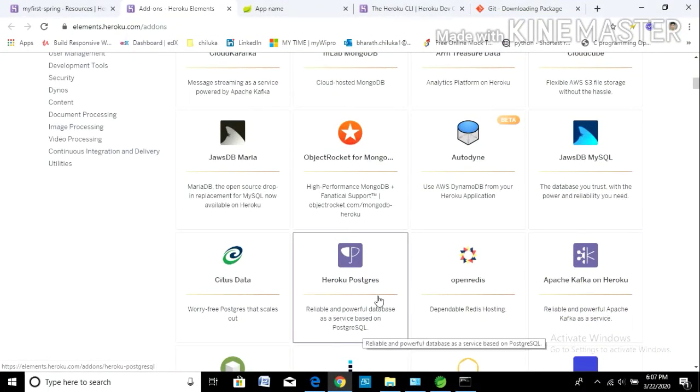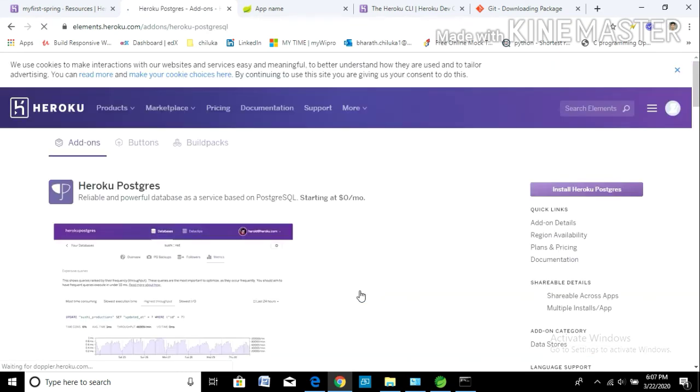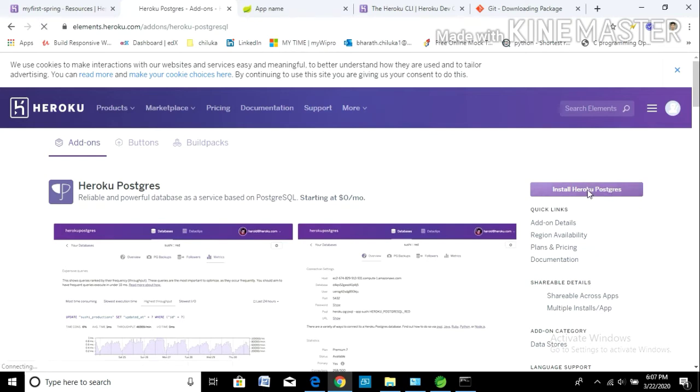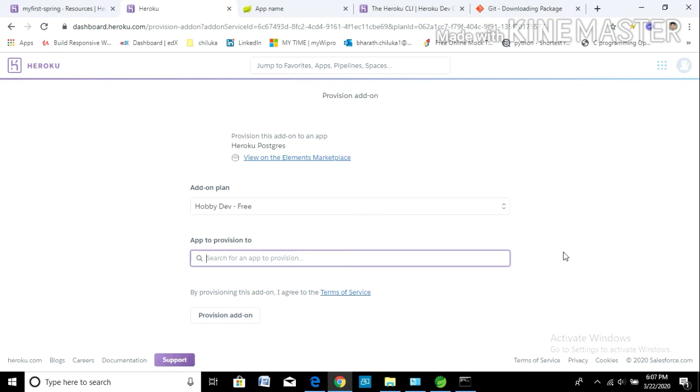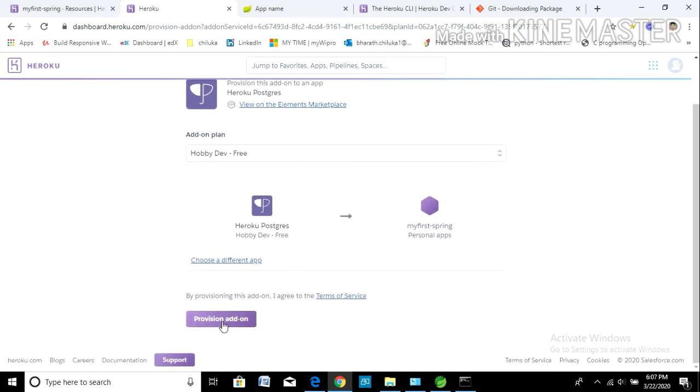Here I'm using the Postgres database. Click on Heroku Postgres and click on install Heroku Postgres, type the application name, my first spring, and click on provision add-on.